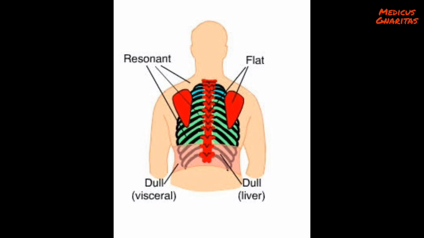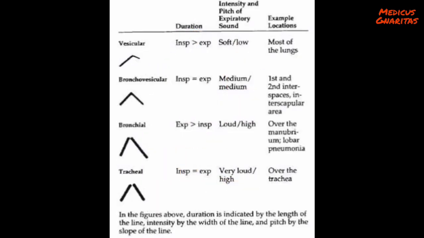Pathological findings. Hyperresonant percussion note, louder and hollower than normal, is a sign of increased air inside the thoracic cavity. This indicates emphysema or bronchial asthma. Dull percussion note, muffled and softer, is a sign of fluid inside the thoracic cavity, which indicates pneumonia and pleural effusion. Finally, auscultation. Vesicular breathing.